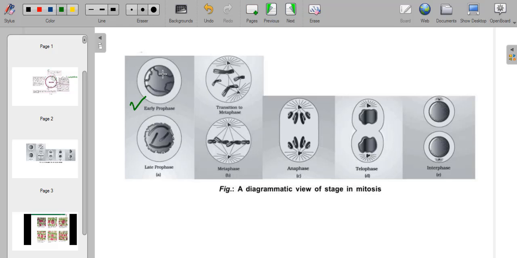You can see the chromatids at rest. The chromatid threads are at rest, and they have a strong nuclear membrane. Maybe the nucleolus is not shown here, but it will be there. And then you can see gradually it just disappears, and the nuclear membrane is getting disintegrated, and chromosomal condensation is being formed.